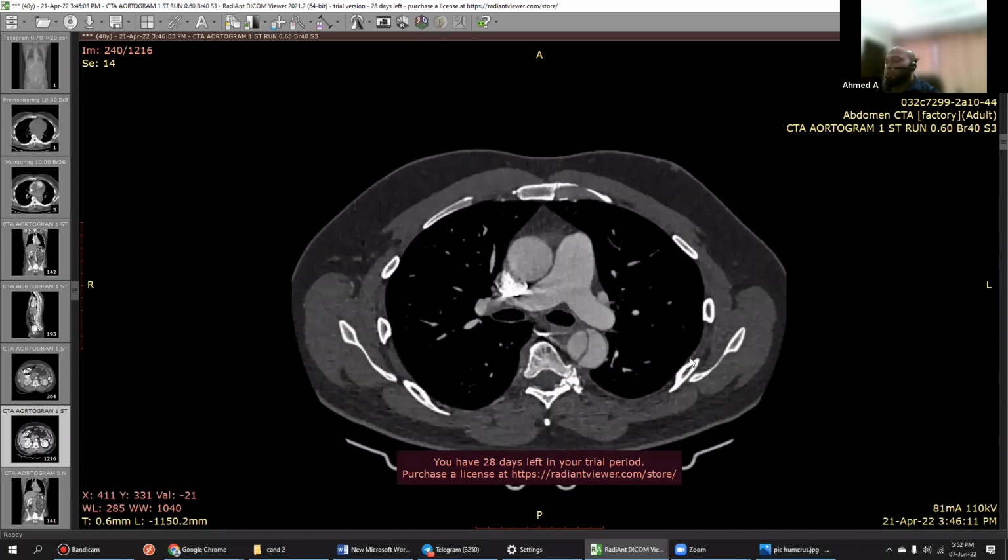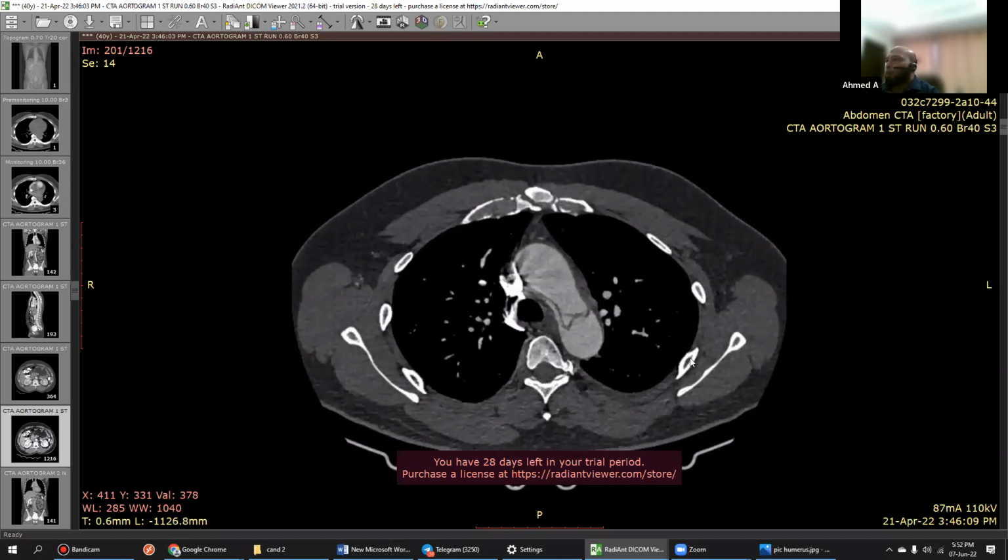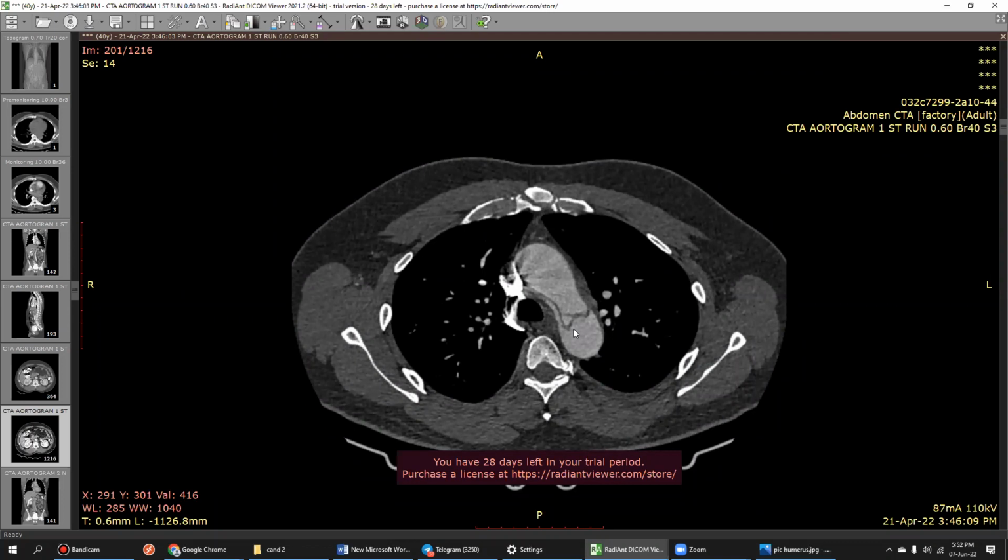Should be very careful. Anyways, it's type A. You saw that, right? It was coming from the arch. You saw this image, I remember. Yes, so it's Stanford type A. That is the reason you are seeing whether it is extending to the aortic root. Type A, then it's an urgent referral to the cardiothoracic team for the management. What will they do? Surgical management.